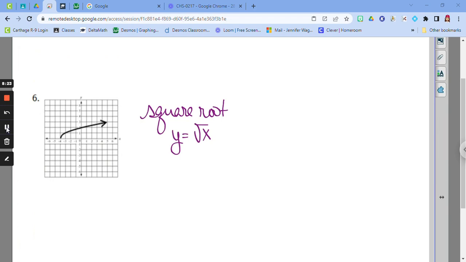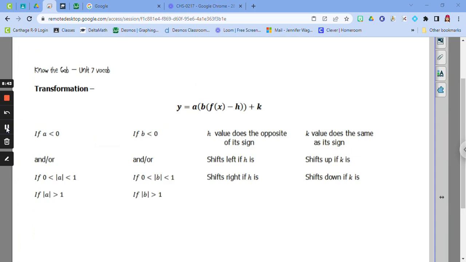Okay, square root, very easy to identify. It kind of looks like just half of a parabola, and there's a definite point that it starts at and then goes from there, whether it curves up or it curves down. So just knowing these general shapes, knowing what you're coming up against on these, because we have the transformations of